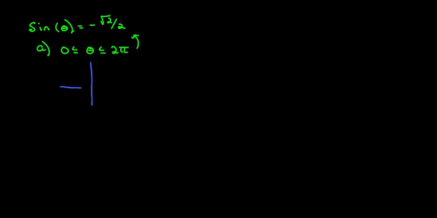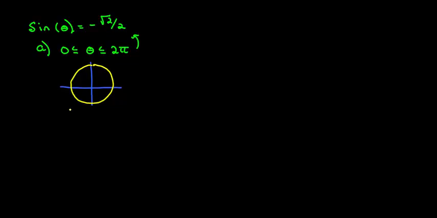Problem number 4 gives us the sine of theta is equal to negative square root of 2 over 2. So for A, we're asked to find all angles between 0 and 2 pi that make this a true statement. So if we draw out our unit circle,